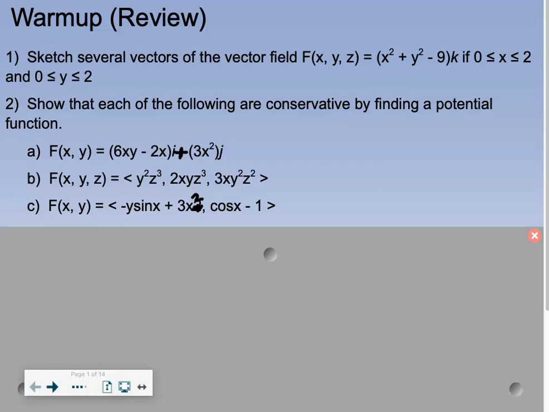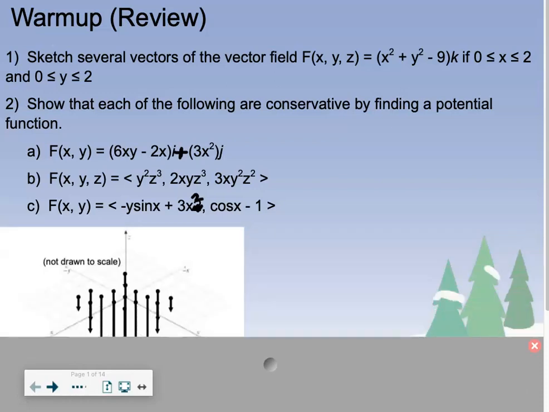So for the first one, we have to sketch a vector field. You all eventually figured out that this vector only had a k component, no i or j. So the i and j are always 0, and then you're just plugging your points in to find your k value. So that means that all of your vectors are going to be pointing either straight up or straight down, and when you're limited from 0 to 2 for x and y, all of your vectors end up pointing straight